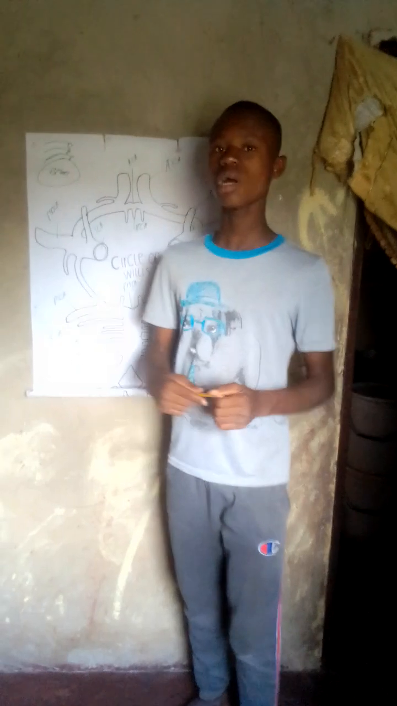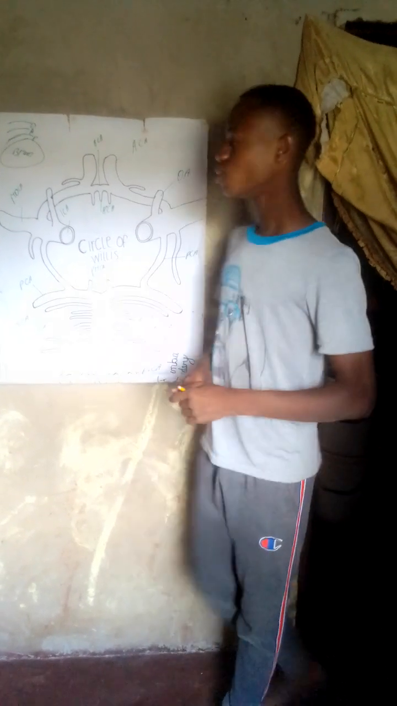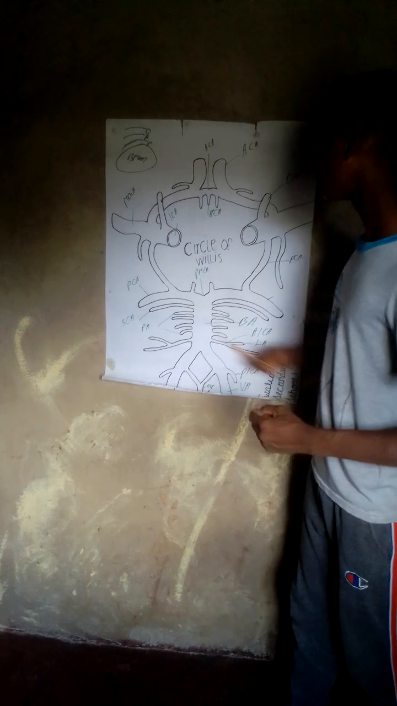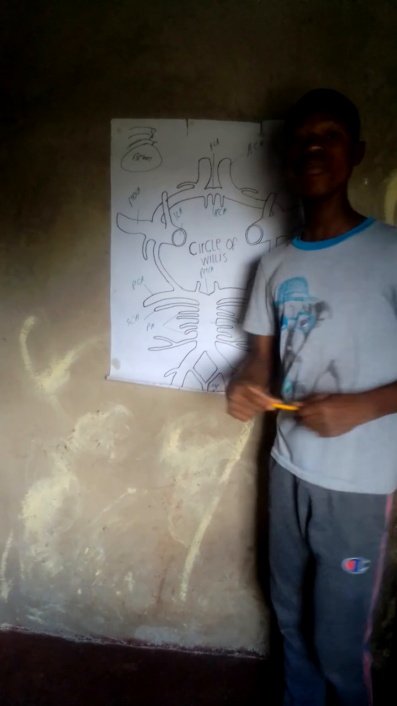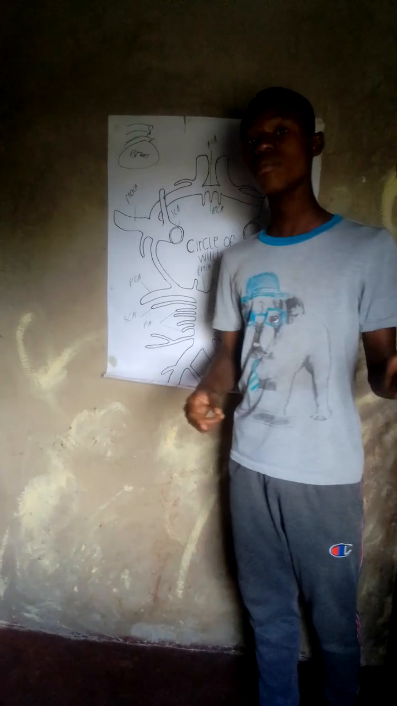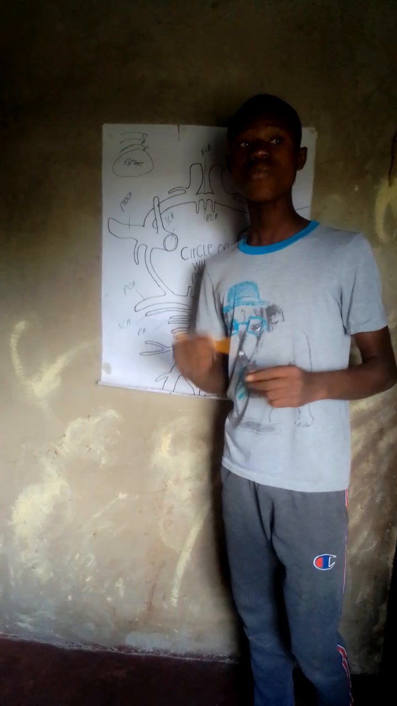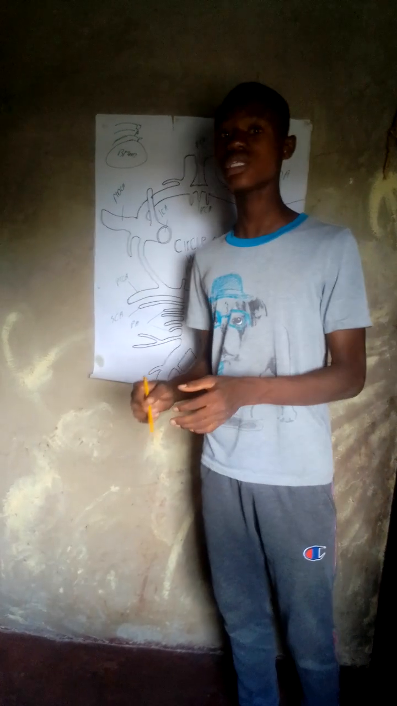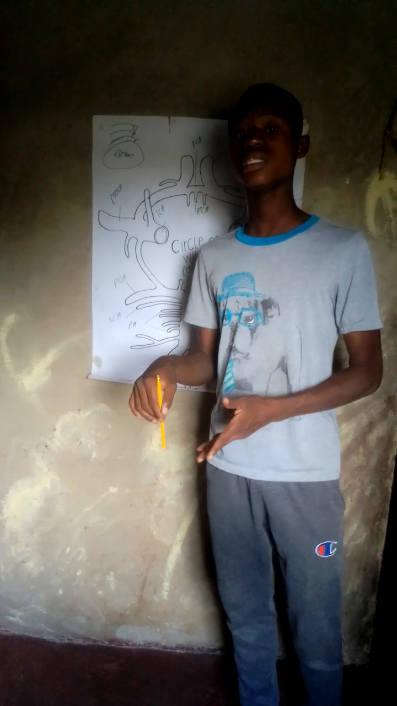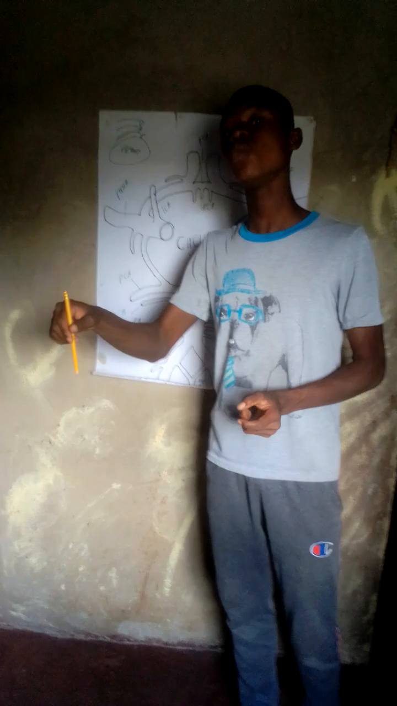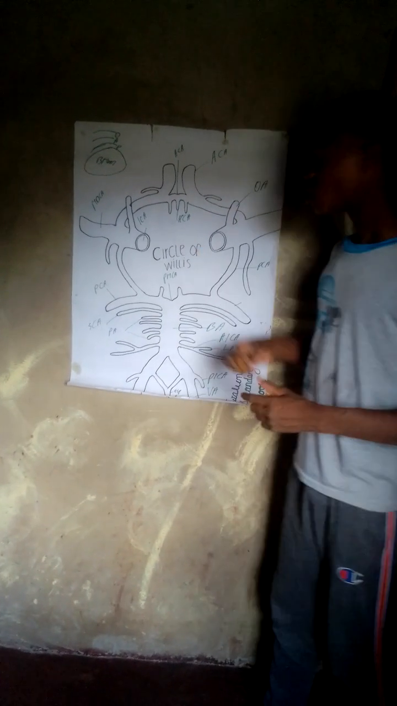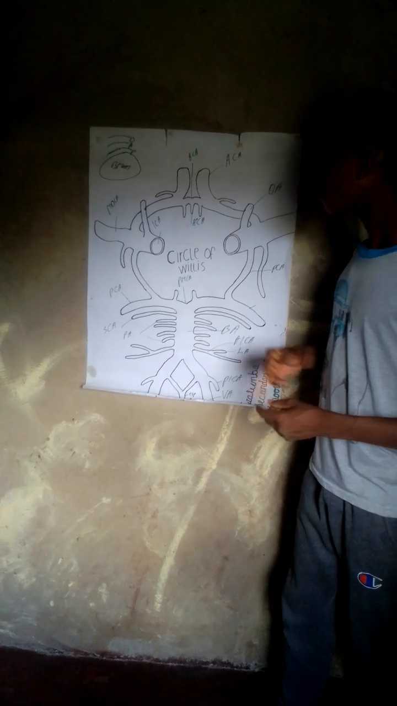So, I also talk about the circle of Willis. As we can see, this is the chart showing us the circle of Willis. So, the circle of Willis was discovered by Thomas Willis. The circle of Willis is also known as the circulus arteriosus, and it is located within the interpeduncular fossa. So the circle of Willis is made up of parts such as